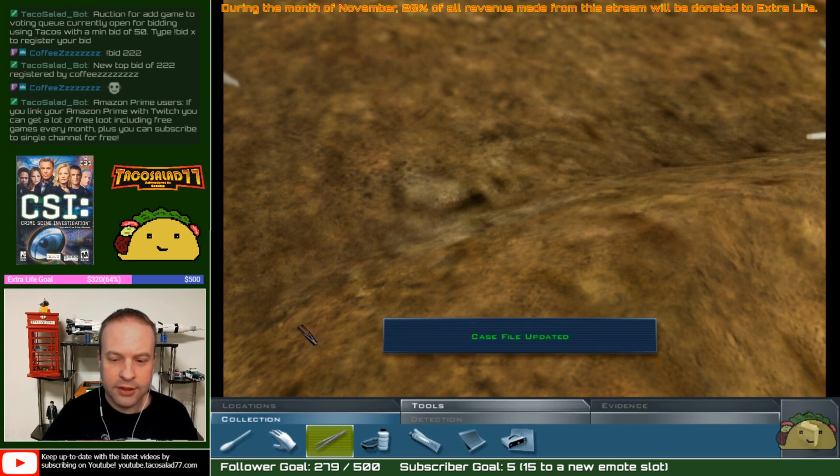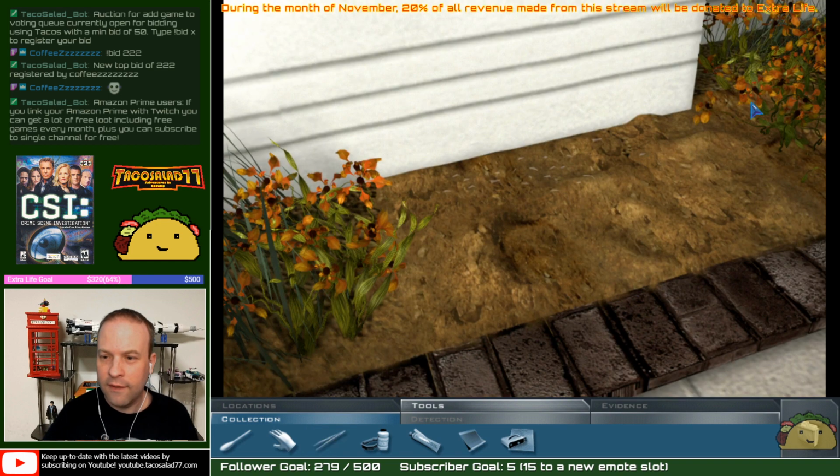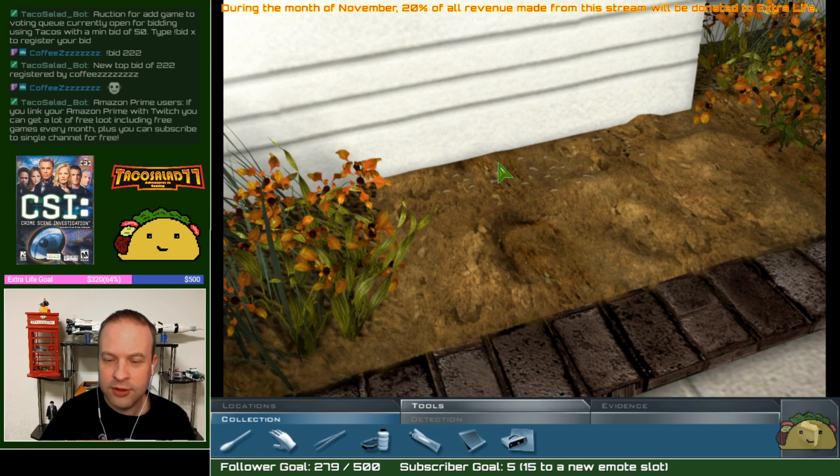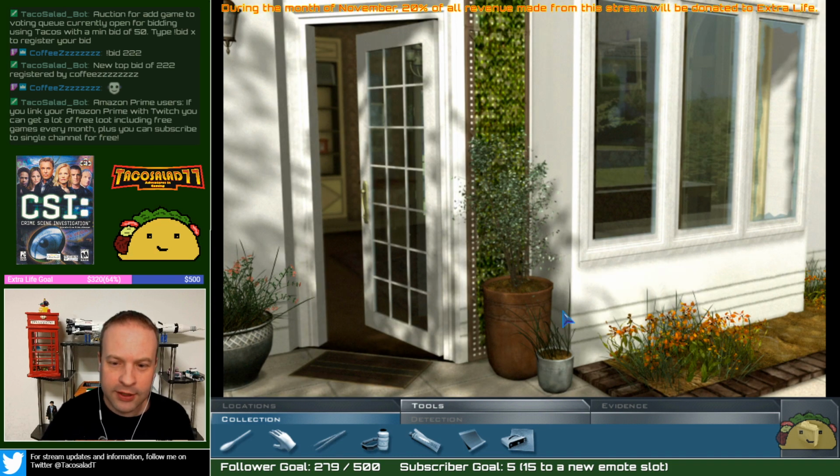Fix the glass. Alright. Got some glass there. Alright, anything else? Yeah, that is interesting. I mean, there's a lot of shards outside, but I don't know. I'm not one that is familiar with the way glass breaks, so...